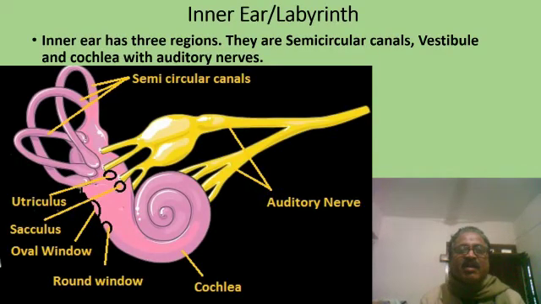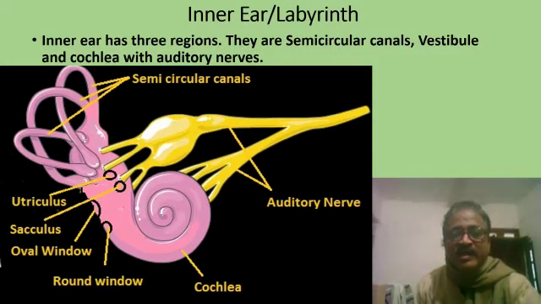This is the diagram that you have to draw of the inner ear or labyrinth. This diagram is very important. It used to come in the examination and it clearly shows three semicircular canals, then vestibular region with the utriculus and sacculus, then round window and oval window, as well as cochlea and the auditory nerves originating from all these three different parts. So this diagram you need to practice. It's a very important diagram to use to come in the examination.